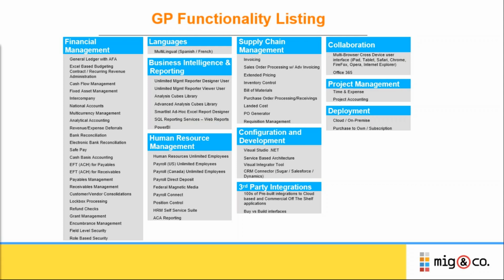Human resource management is fully built in, comes basically with no additional fee. You can set up HR and payroll within the system with direct deposit, and then filing of W-2s and 1099s, however, all that is built in, and obviously ACA, Affordable Care Act reporting, also 1095C, 1094C. Supply chain management, that counts with, for organizations that need distribution, inventory, bill of materials, purchasing,